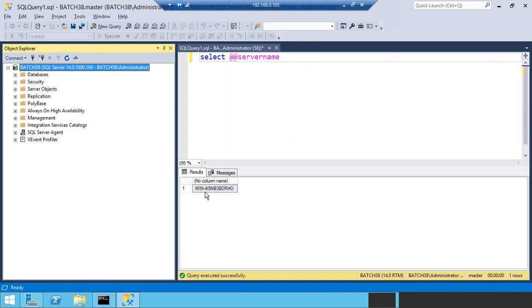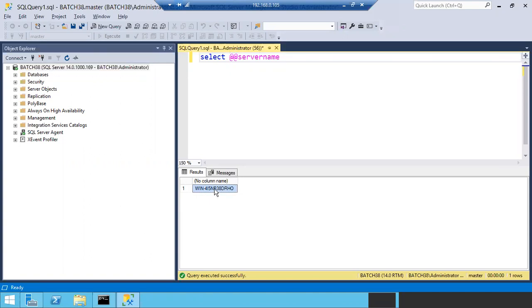It's not good. Usually it will throw a lot of errors, not only for patching and upgradations, and in other scenarios also you will get a lot of issues. Might be your jobs will fail due to this computer name. Okay, right? We have to fix this issue. How can I fix this issue? How to update the server name?